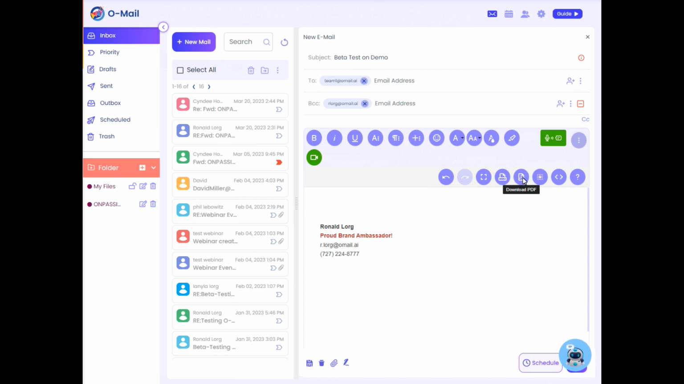Print, download to a PDF, select all of the email, and do code view of the email. Also a help button here, if you get stuck on something. There's also a couple of other things I want to point out down at the bottom that are very important. Sometimes you're in the middle of an email and you need to come back to finish